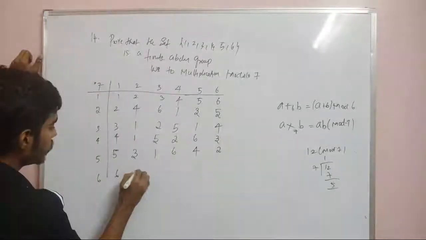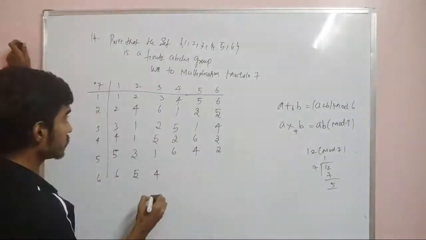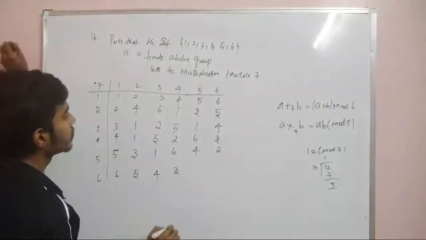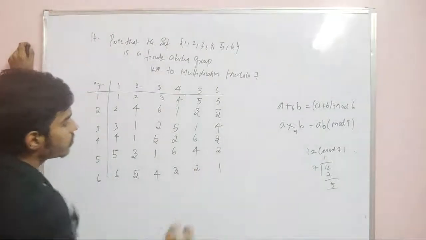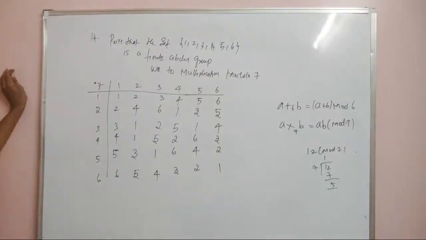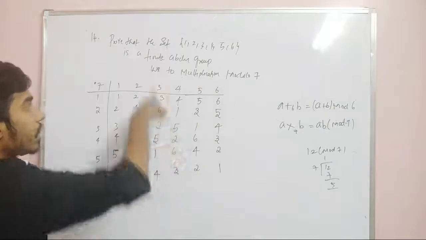6 2s are 12, so we have 5. 6 3s are 18, so we have 4. 6 4s are 24, we have 3. 6 5s are 30, we have 2. 6 6s are 36, we have 1 because we have 35. 7 5s are 35. So again you can see every element in Cayley's table belongs to G, so therefore it